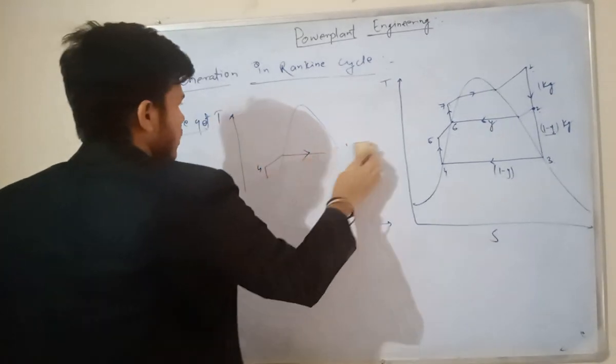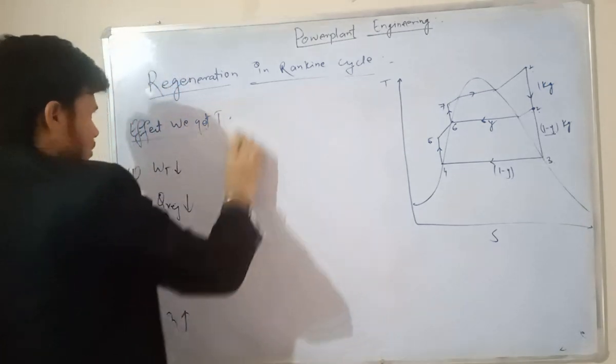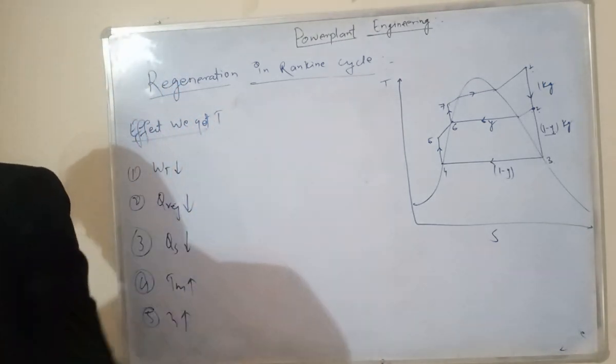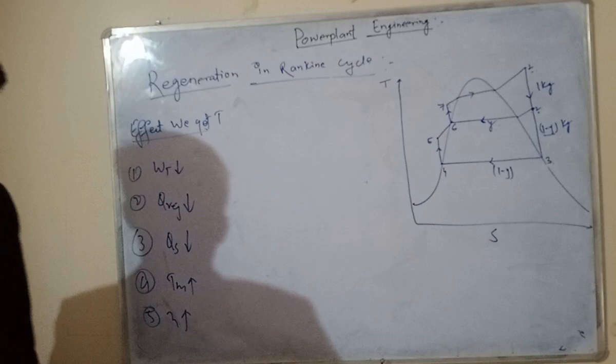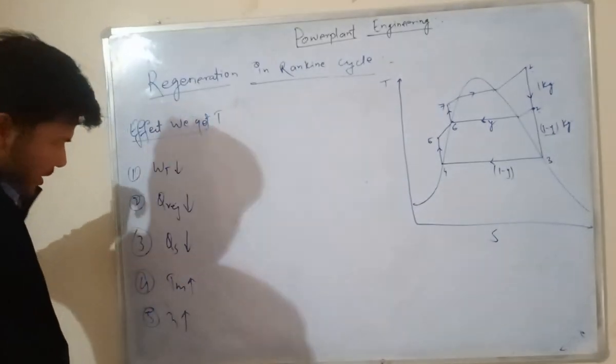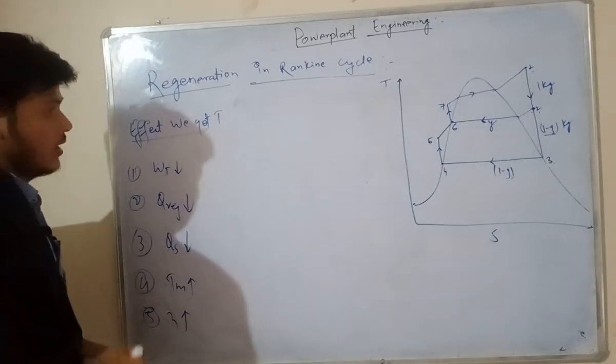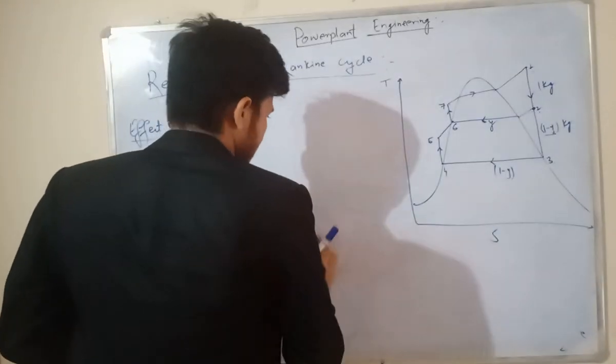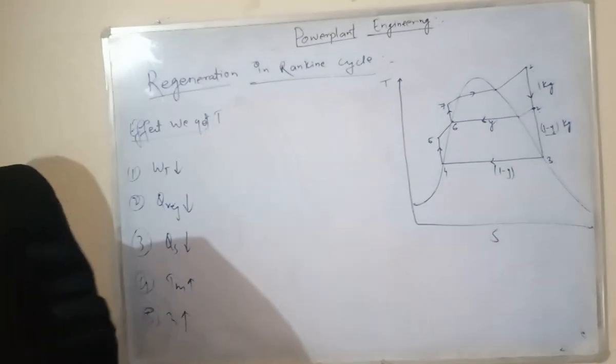Now some derivations are there for the calculations. How can you calculate the turbine work? How can you calculate the rejection, the Q supply? What other things will be there? I'm going to derive all these equations one by one. Okay. So first thing,